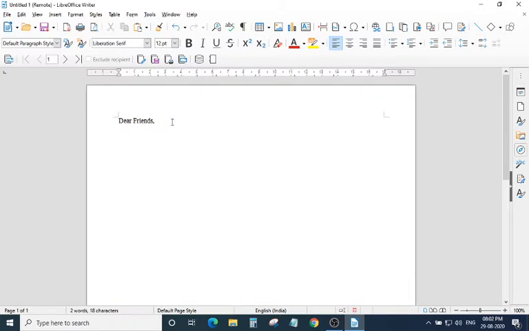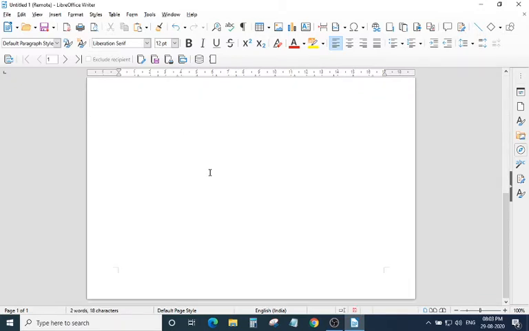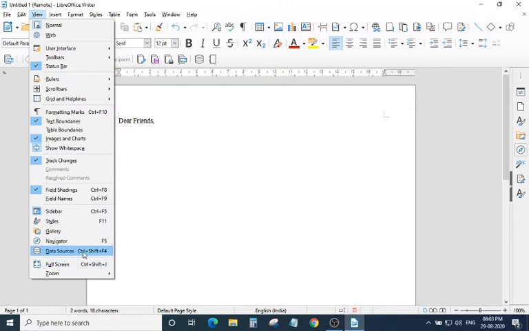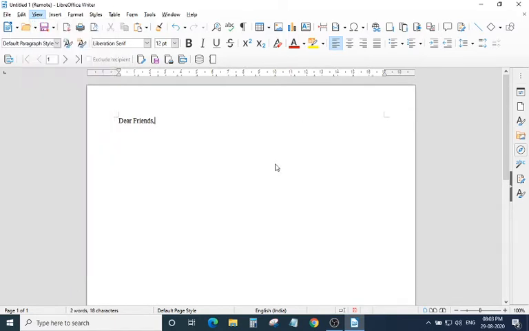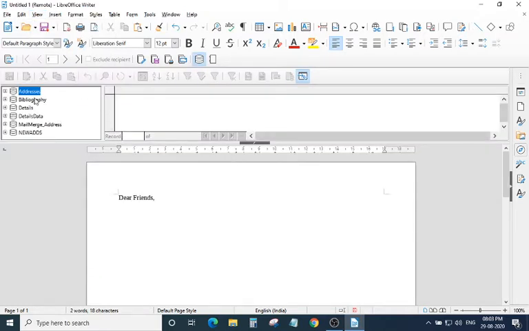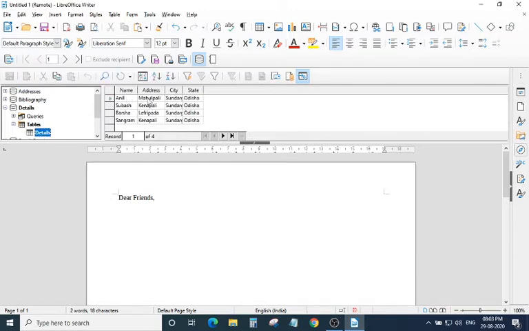So this will come. After this, as you can see, nothing is there in this field. So after this, what you have to do, you have to type here the data source, or you can go to View and click on this. Then you have to choose this table, details. As you see, these are the things we have typed, right?